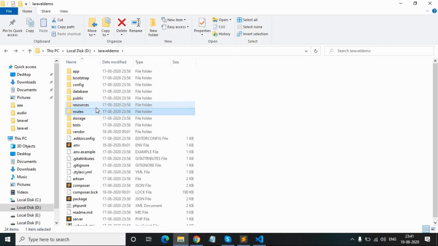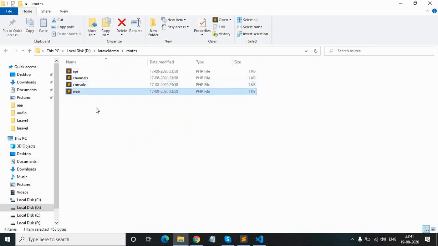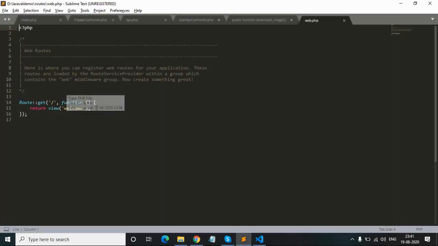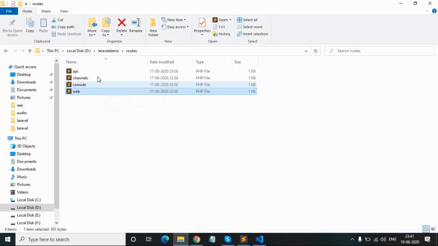Routes folder contains all your route files. Means Laravel follows the routing structure. If you want to call any page, you have to create a route. Inside the routes folder you have to create routes in the web.php file. And